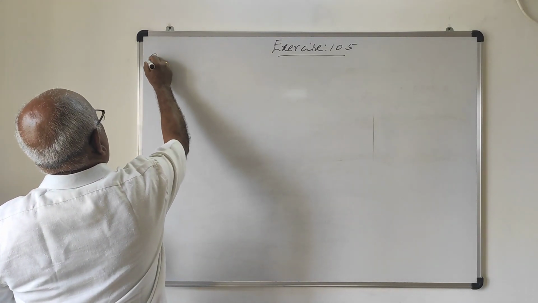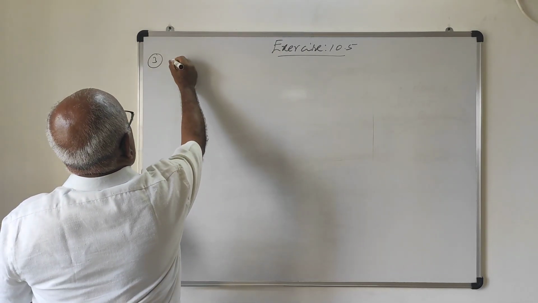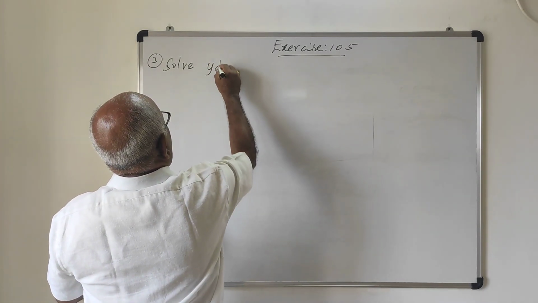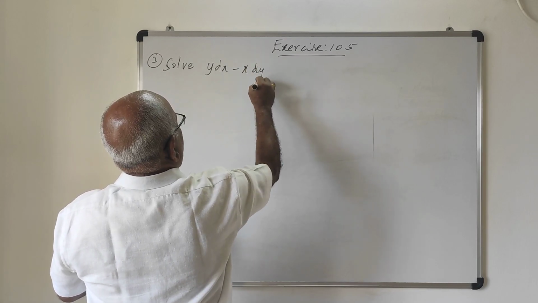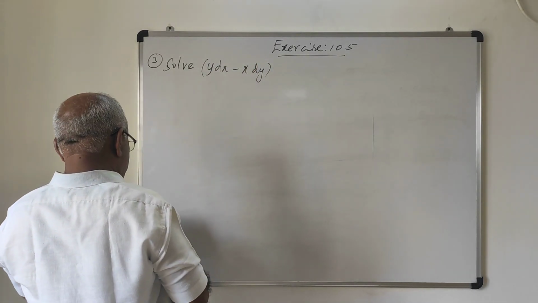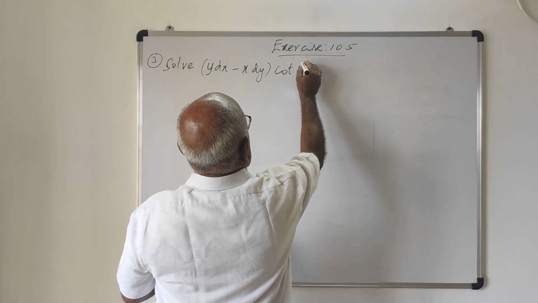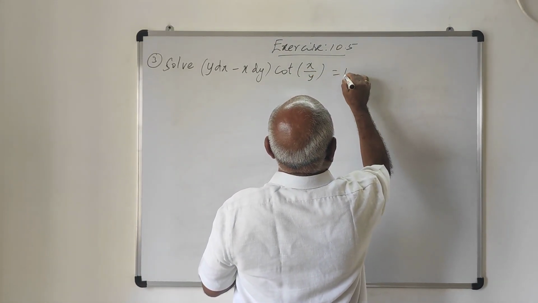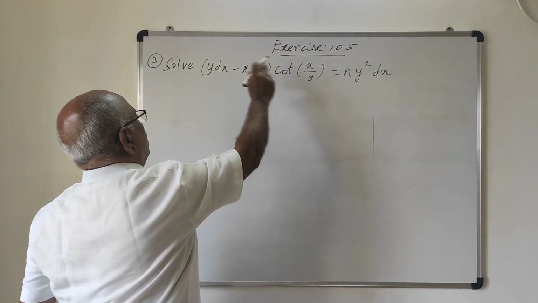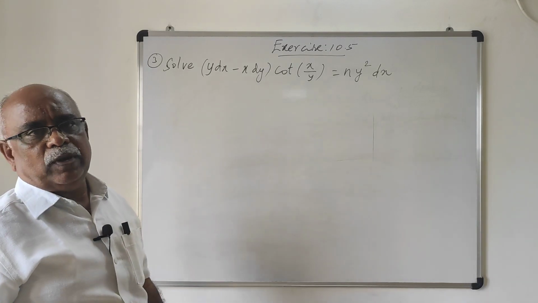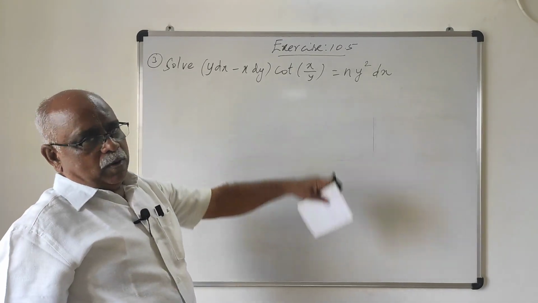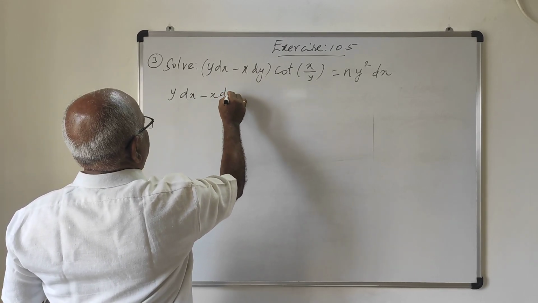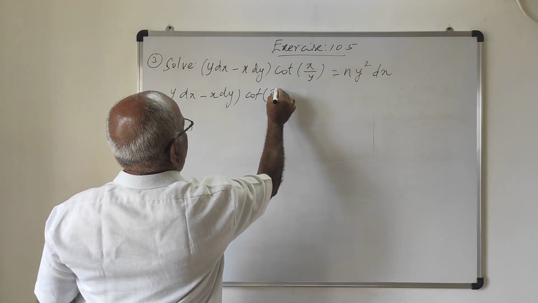So, third problem, solve (y dx minus x dy) into cot of x by y equal to n y square dx. This is the problem. Find the general solution of this problem, or otherwise solve this differential equation. That's our problem. You see, (y dx minus x dy) into cot of x by y